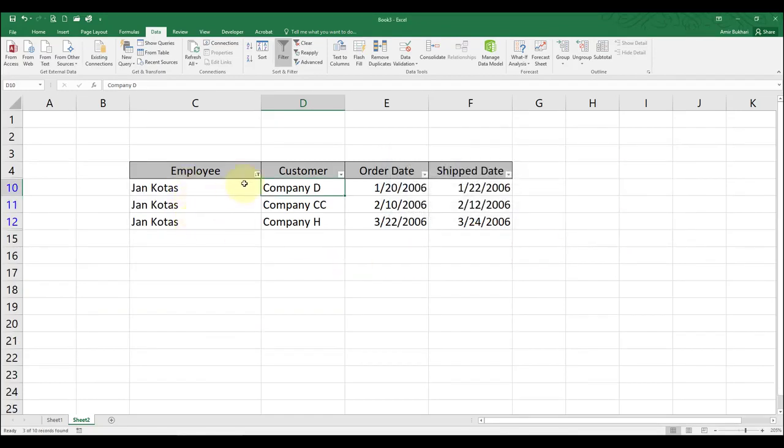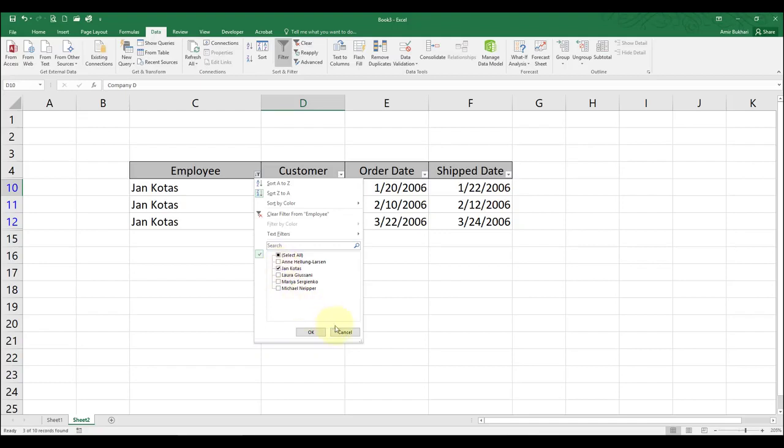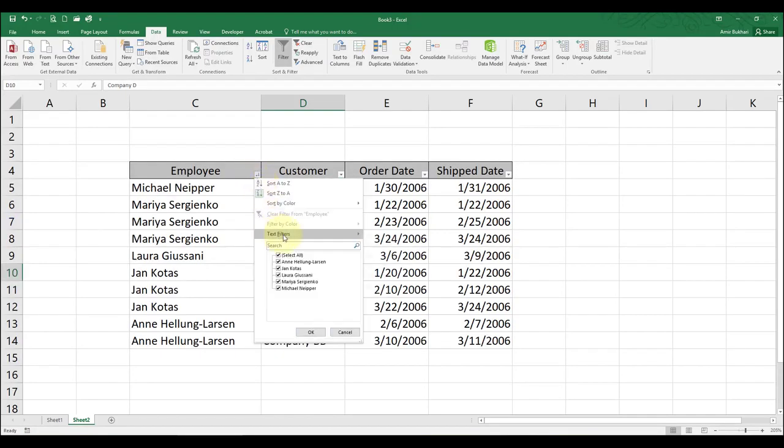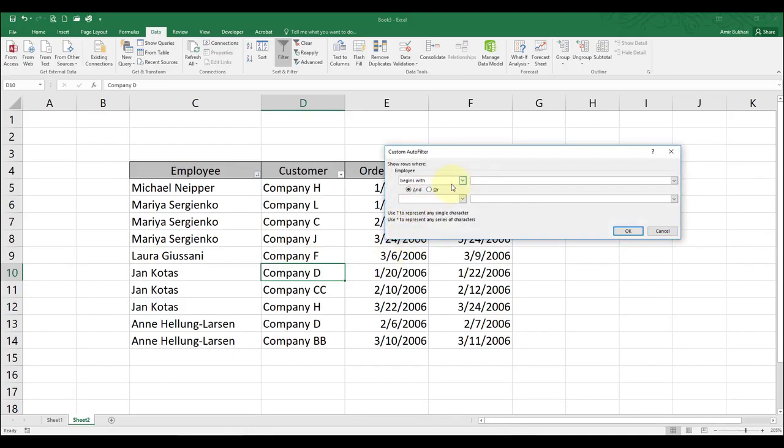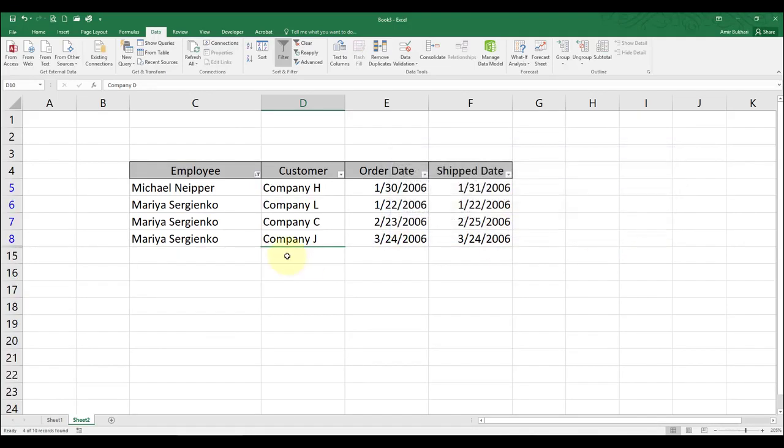Now you can see it's the same as selecting just one of them. And then here you have different options again. Does not equal to, begins with, ends with, let's say begins with M. Now you can see all the names that start with M are here.